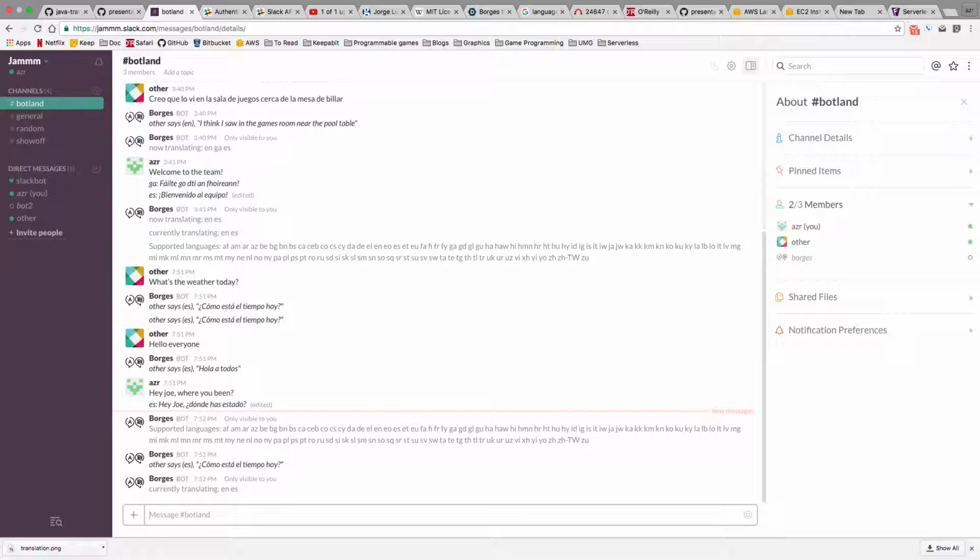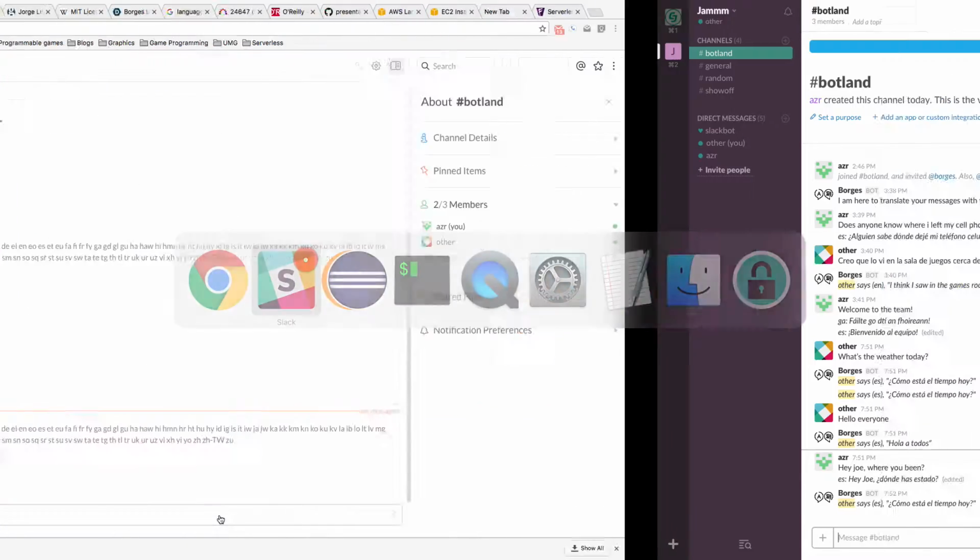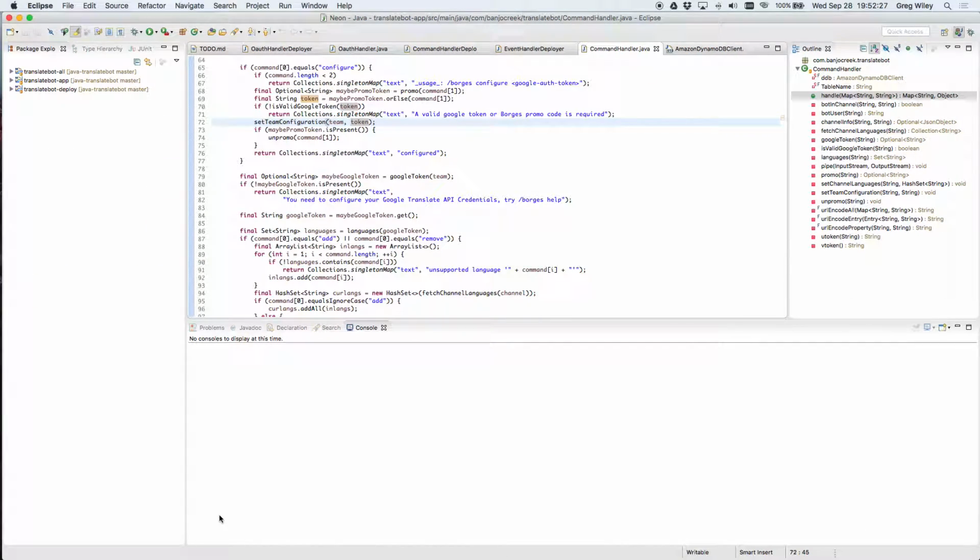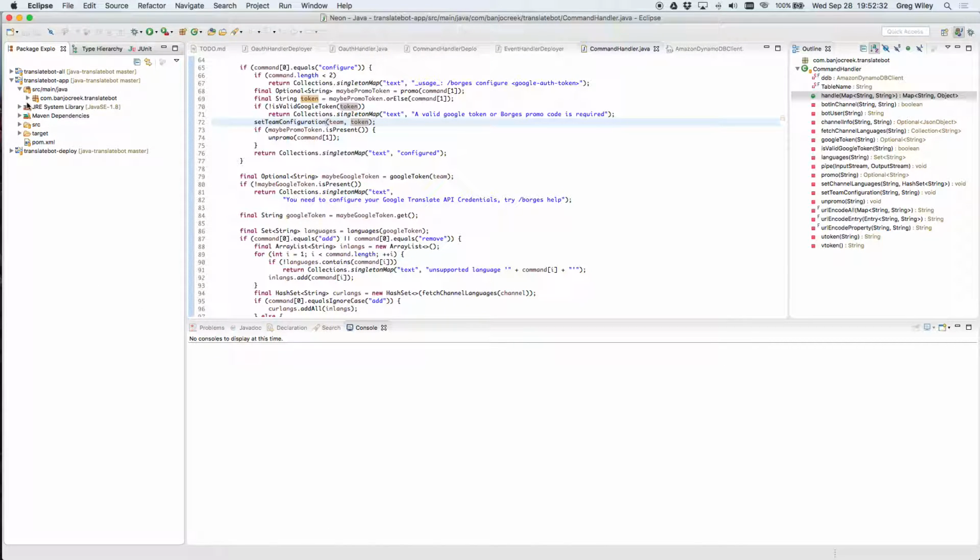So that was my bot that I wrote, and I did it strictly in Lambda functions, and I'll show you those now. This has 3 parts. They're all here in this little thing called app, and this is Java code. There are 3 handlers. There is a command handler that handles the things where I type a /command. There is an event handler, which is always listening to all the messages in the channels it belongs to. And then there's an OAuth handler, which handles the initial handshake between the application and your Slack team.